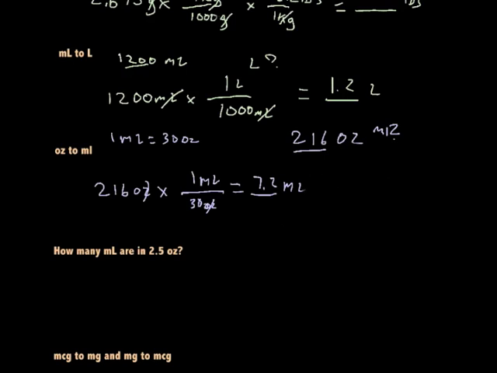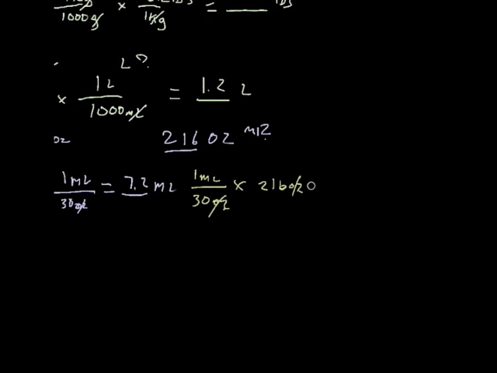So hopefully if you do the problems backwards from the way that I do it, which is probably the way some of you at Cox College do, you're starting to get the trend that it is the same. Doesn't matter what way you set the problem up. I could have done this problem just as well, started at 1 milliliter over 30 ounces, multiply that by 216 ounces, and my ounces are still going to cancel out here. I'm still going to be left with milliliters, and that's still going to equal